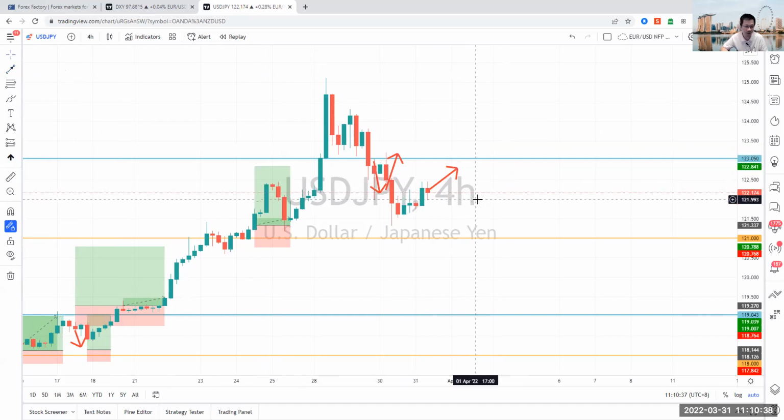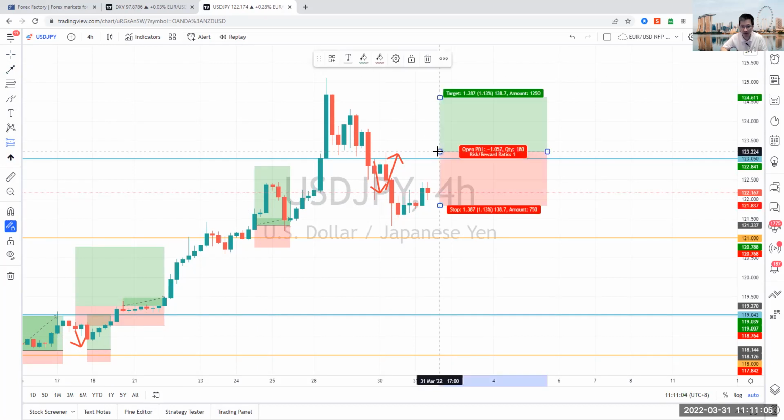What this means is, I wouldn't be looking for any trades in particular for the US yen unless it moves towards the 123 level and reacts there. So I'll show you what I look for. If it moves up towards 123 and breaks above this point, I'll be looking for buying opportunities above 123.20 towards the recent high point of 124.65. So you have a 145 pip move towards the upside.